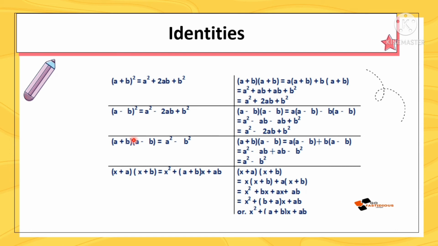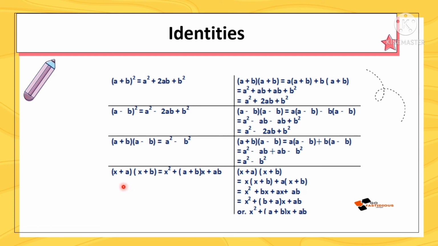Let's move to the third identity, which is a plus b and a minus b. Same multiplication of binomial by binomial. First a will multiply it by a minus b, then this plus b will multiply it by a minus b. Let's open the bracket. A into a square, a into b ab with negative sign, b into a ba with positive sign, and b into b square, plus minus is minus. So this minus ab and plus ab cancel, or you get 0 also. So we are left with only a square minus b square. So a plus b, a minus b, a square minus b square.